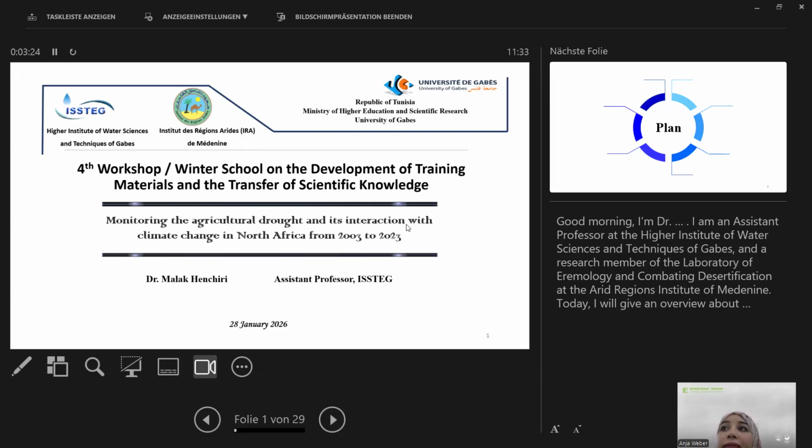Can I add something? Yeah, sure. I think the question is about how to create the land cover map focused on vegetation, to identify the type of vegetation. But for validation, you always need to agree on how you can identify it. This is the point, because Malek has used